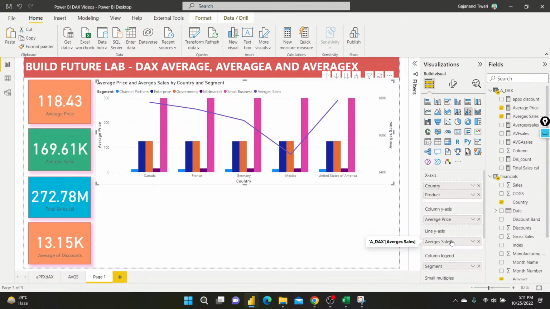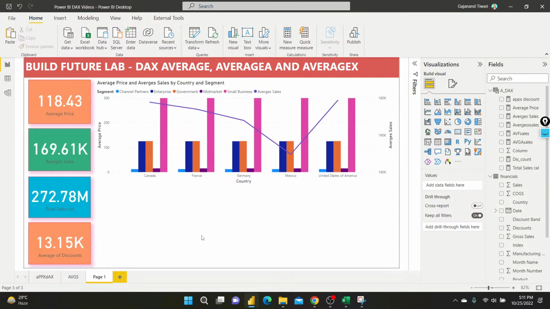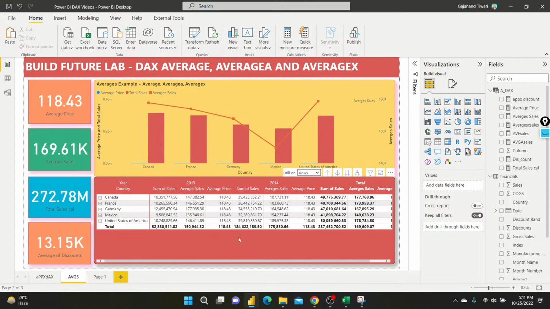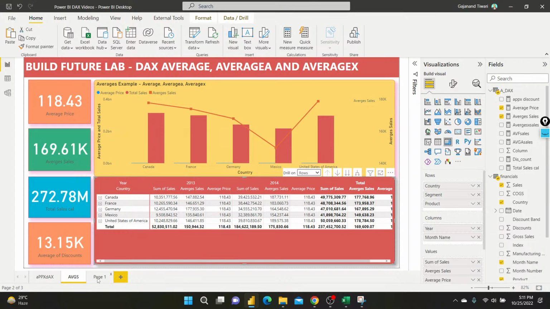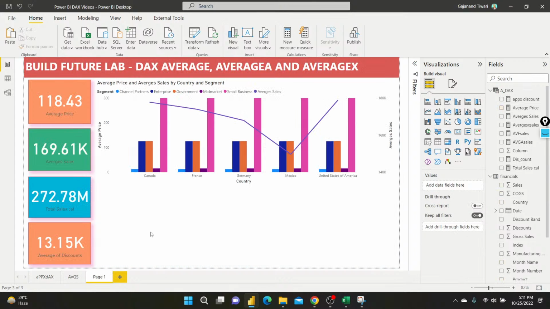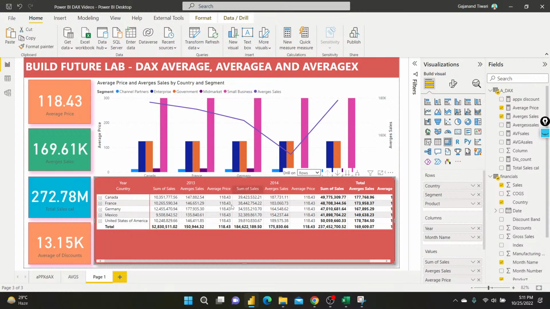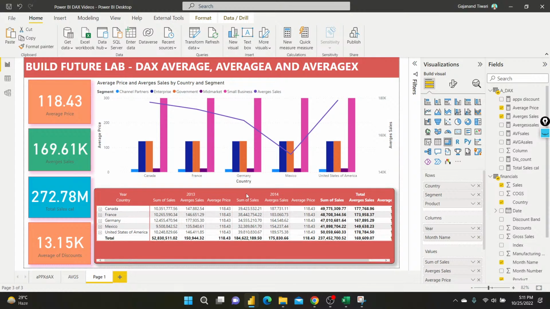So I gave the channel pattern. If you wanted to give the drill through, you can add this segment as well, but I want to add that because continuous segment I wanted to see that. And then I want user can see the row data as well. So for this I'm just going to copy and paste it to save time. It's a matrix, and then